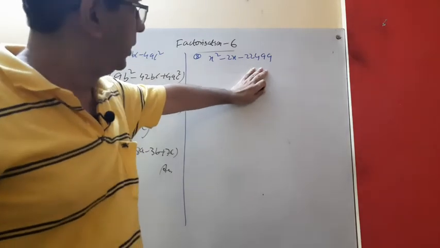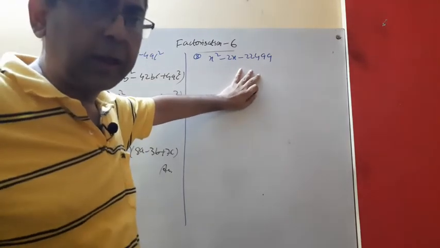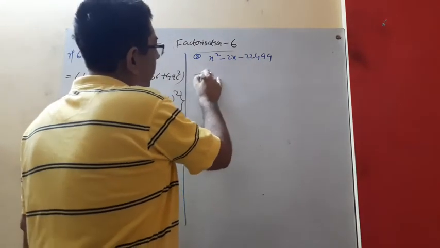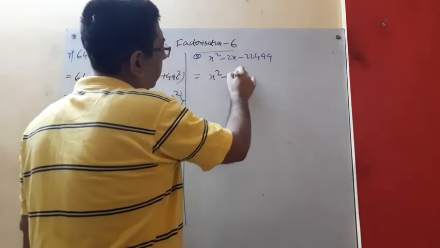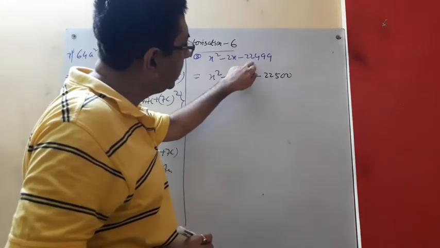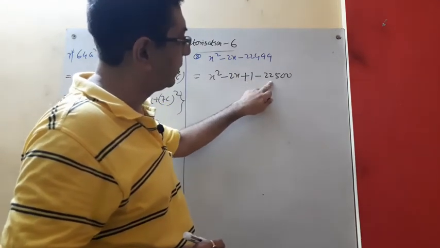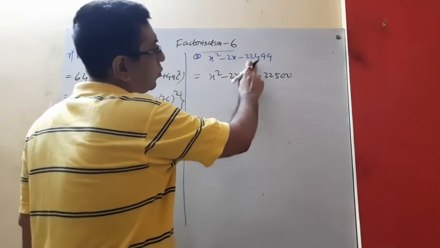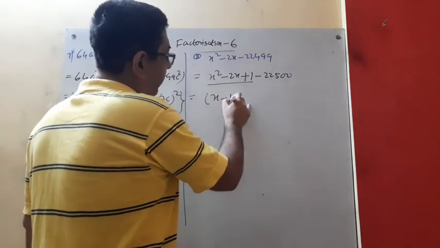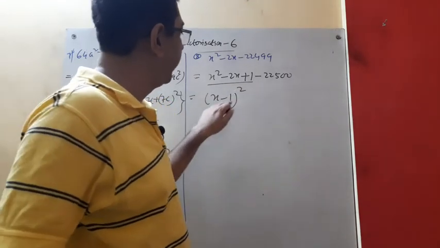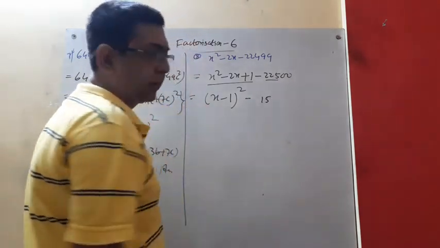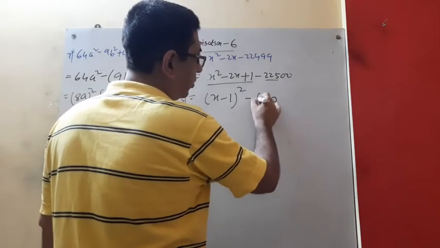Do you think that you will go for middle term break? It's x square minus 2x minus 22499. How will I do it? But just see, if I go for x square minus 2x plus 1 minus 22500. Can we write this? 1 is a perfect square. This is also a perfect square. So 1 minus this one is 22499. Yes. Now these 3 will make a minus b whole square, and look, 225 is the square of 15, and for 20 we get 10, so go for the square root.